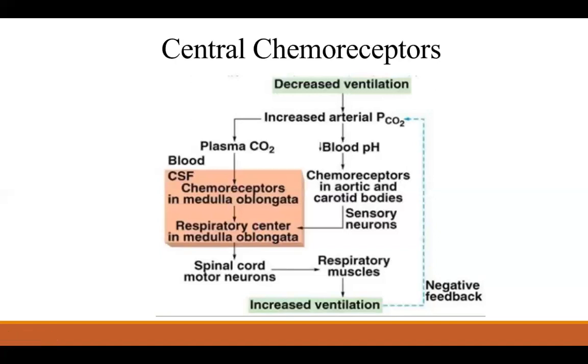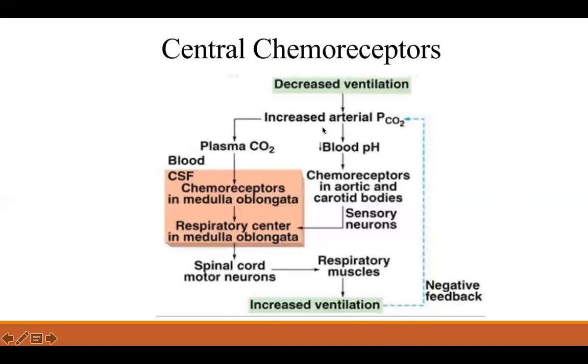The breathing is now stimulated, faster breathing than normal, and so that is through the signals traveling via spinal cord to the respiratory muscles and increased ventilation. So decreased ventilation ultimately leads to increased ventilation. This is a nice example of negative feedback,